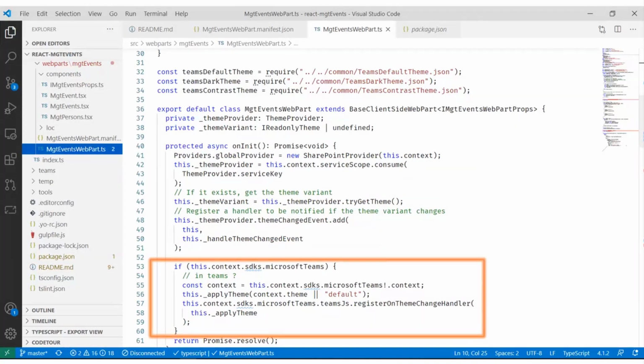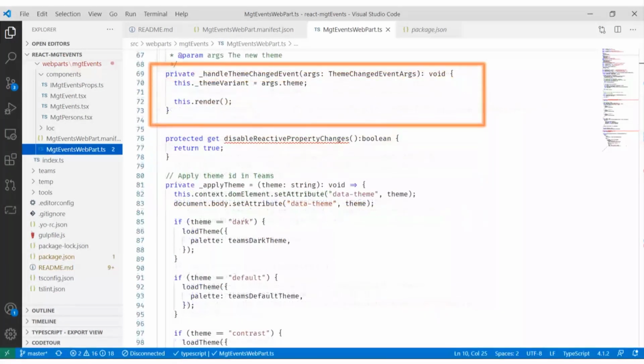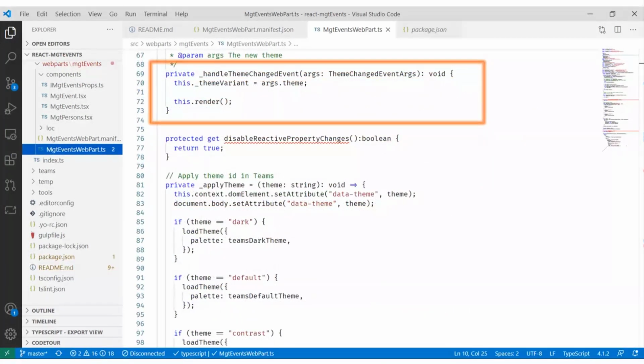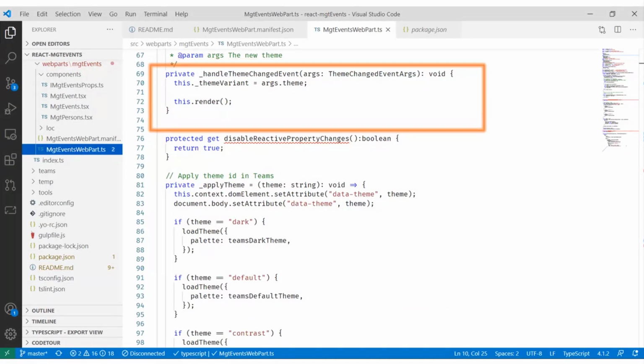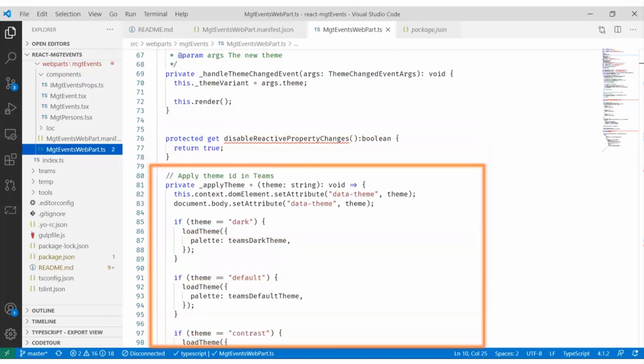Finally, in the web part, Joao uses a little bit of logic to determine whether we're currently in a Microsoft Teams context, and if we are, he applies the themes accordingly for the colors. All right, and so this is the theme change event. We just capture the current theme and we re-render the web part. It's actually very straightforward to do this, and that's why I think that everyone should do this in their web parts. And then this is the part where we apply the theme.